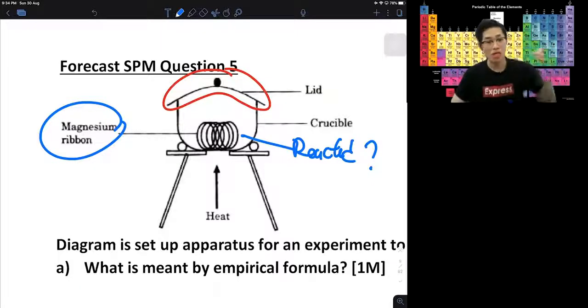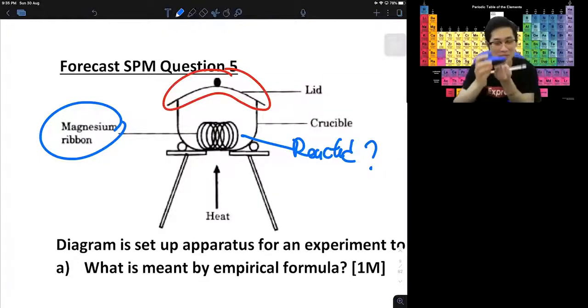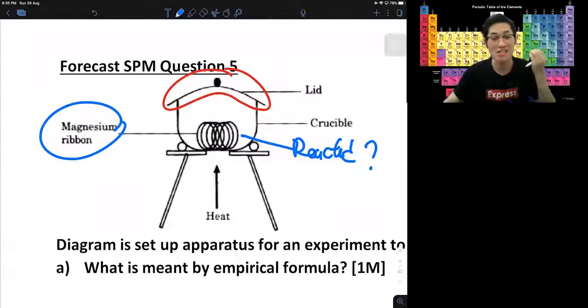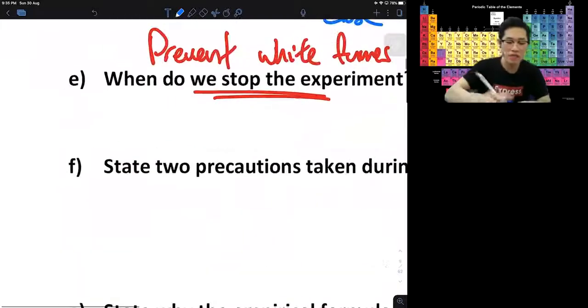Okay, some people will say color. I observe the color change. If the magnesium turns white, then I stop. Or the black copper(II) oxide turns brown, then I stop. No, you can't say that, because the surface might have turned into copper already, but inside the substance, there is still some part that has not yet reacted. So what you have to do is repeat